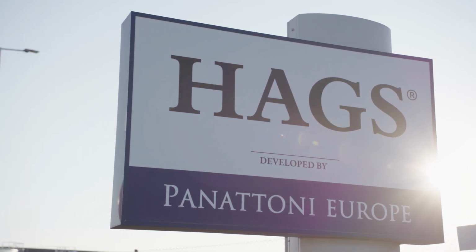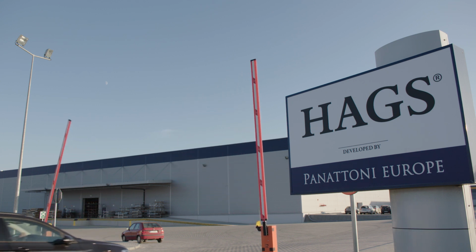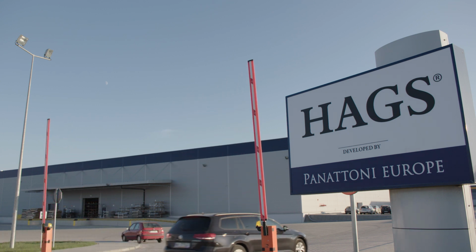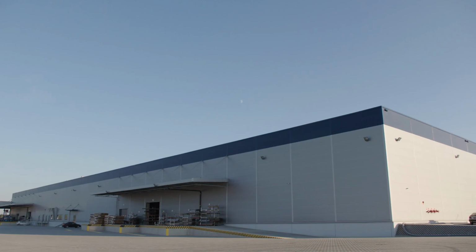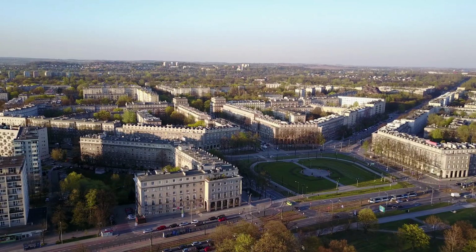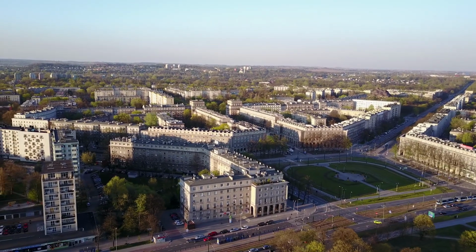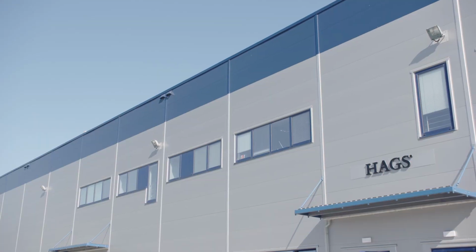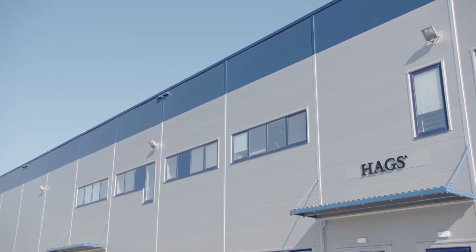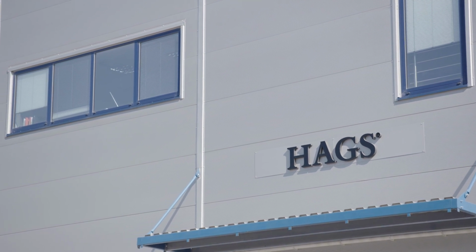Situated approximately 1 hour from Kraków, HAGS Poland is perfectly placed for networking across Europe, being at the centre of major highways and close to the docks for direct links to Sweden, Germany, Italy, France and Spain. HAGS Poland also benefits from access to a highly skilled workforce, pooling talent from the 18 universities and trade schools nearby. Built in just 7 months, HAGS Poland now employs over 150 people across a site of